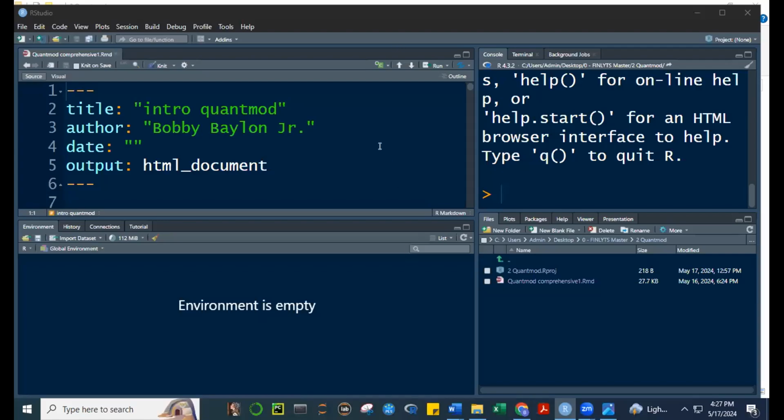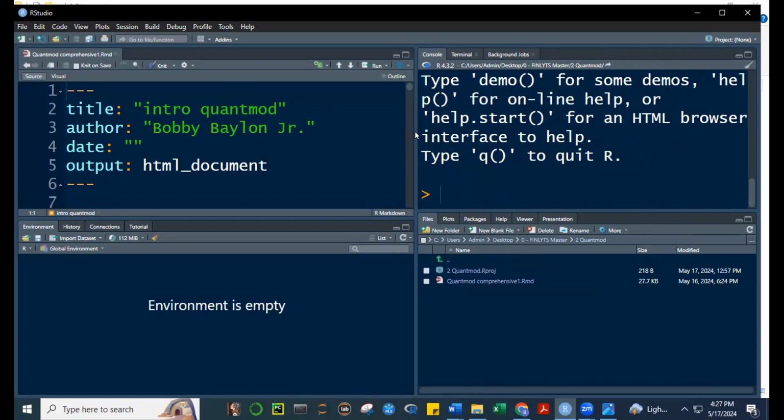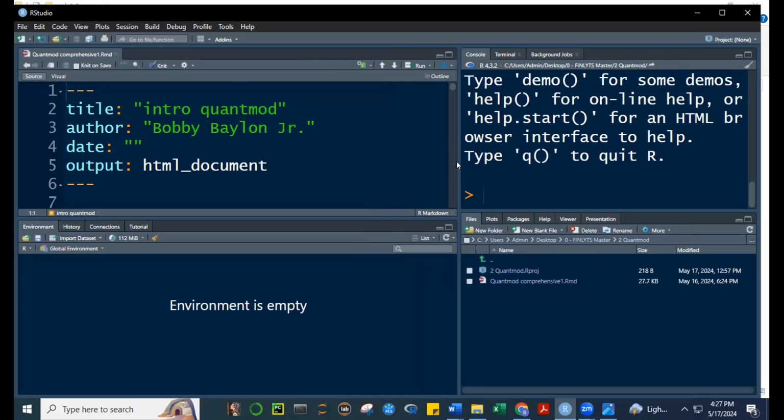Good afternoon, everyone. Today, we're going to continue our discussion on a very important package, which is Quantmod. Quantmod stands for quantitative modeling in financial modeling in R. But before we do that, so